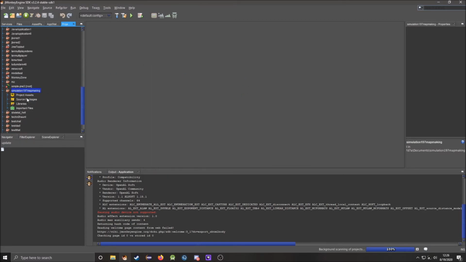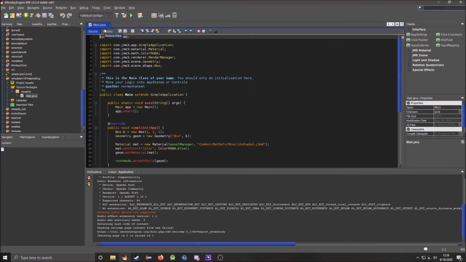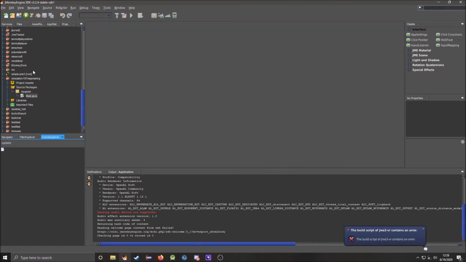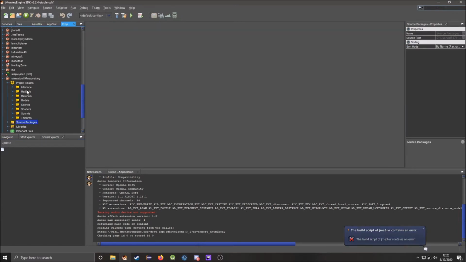Sure. So this is our project. It has a Java folder, but we're not actually going to be using that. Instead, we're going to be using the project assets. Now, technically, you can make the entire map from scratch, but for the sake of ease and simplicity, I have